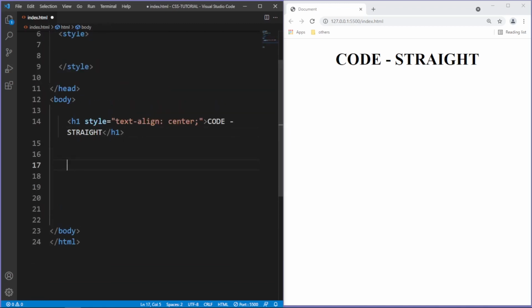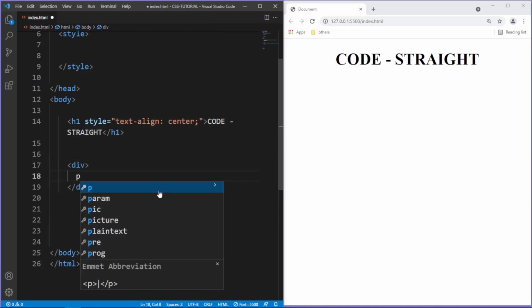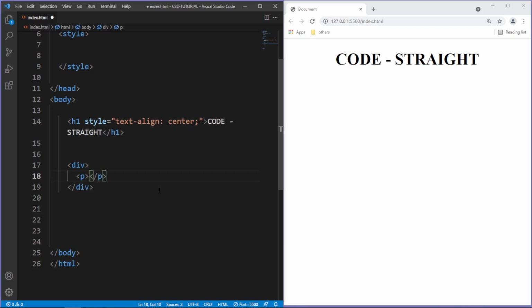Now I'm gonna create a div here, and inside the div I'm gonna add a paragraph tag, and within the paragraph tag I'm gonna type in here, this is a paragraph. And I'm also gonna give it a class of, say, center,